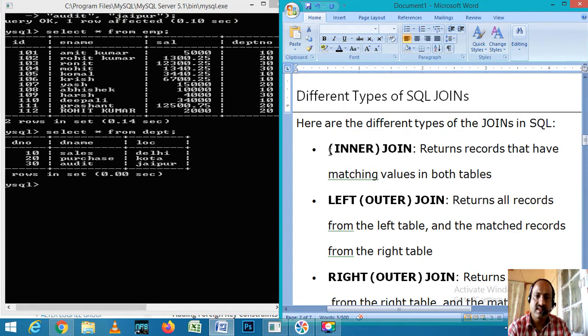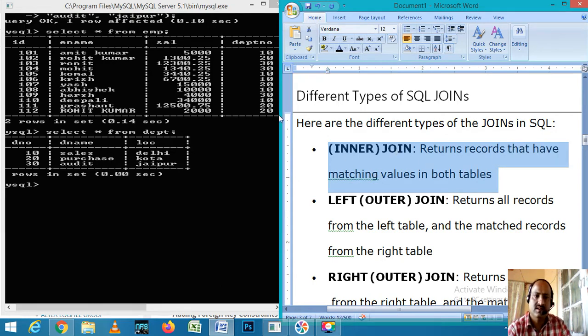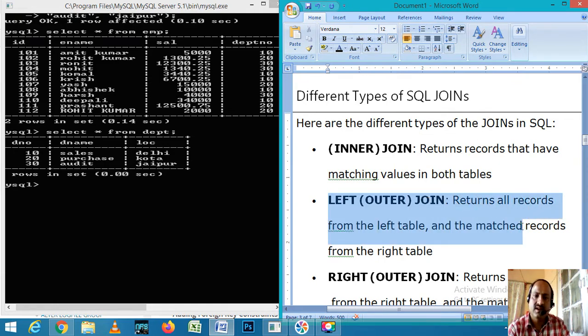Now there are types of joins available in MySQL. One is inner join, or you can say simple join. The inner join returns records that have matching values in both the tables. Suppose we are going to join these two tables together, so we have to join according to foreign key and primary key. Now left join. Left join returns all the records from the left table. Suppose this is my left table, this is the right table, so all the records from the left table and matched records from the right table; whatever record we can match will come afterwards.